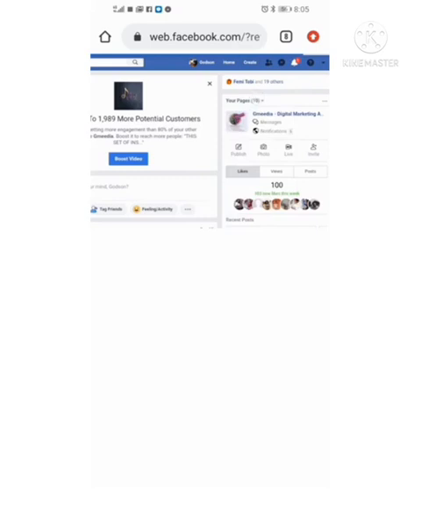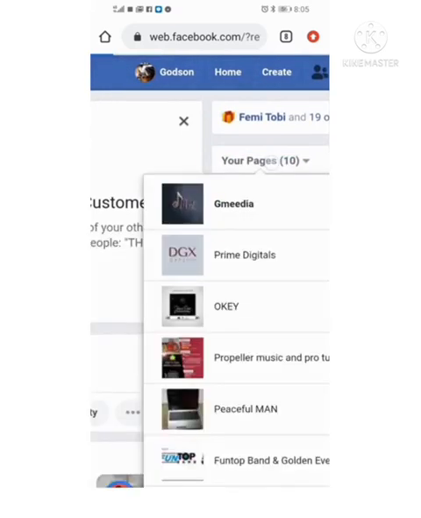I want to show you a catalog because I might not be able to come back to it when we get to the ads manager. So it's best I show you now. I want to show you what a catalog means, and I will be showing you where you could do it on the ads manager. So without wasting much of our time,